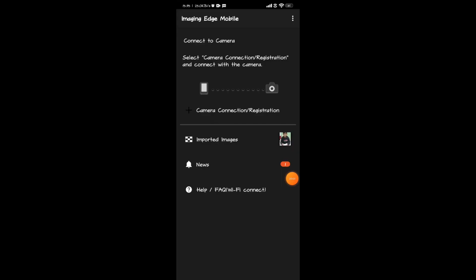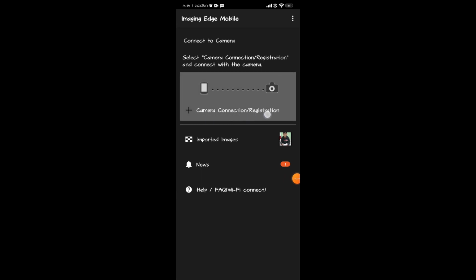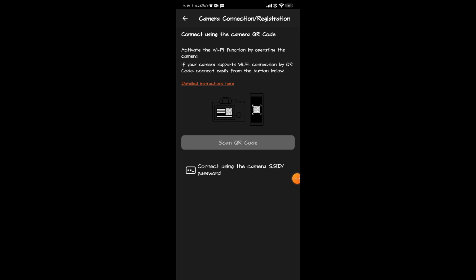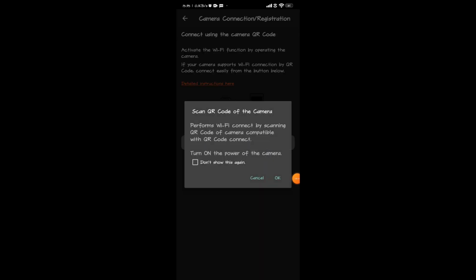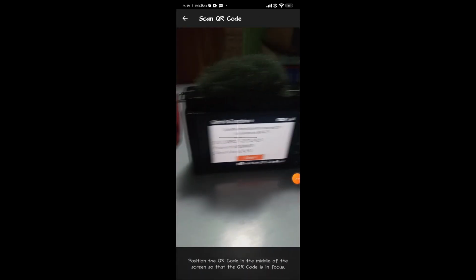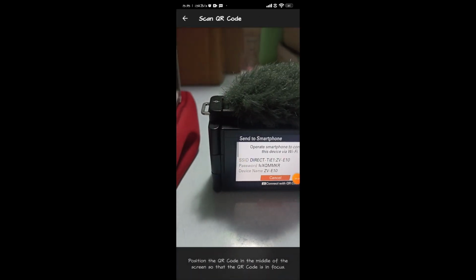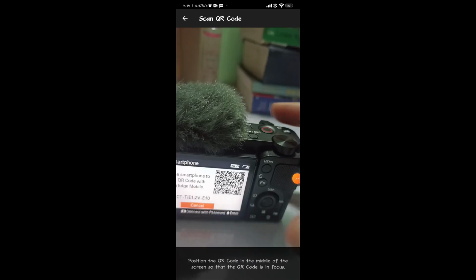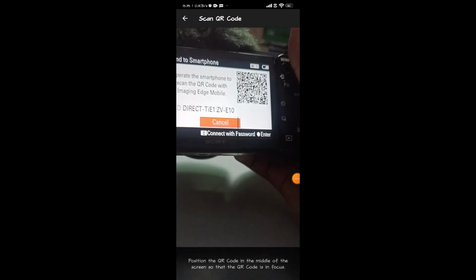So guys, once you open the application, once you are done with the setup, now you have to tap on this camera connection and registration option. Tap on it and just tap on this scan QR code, and it will ask you to use your camera. Just tap on this OK button and just allow camera, and now I'll go back. So I have to keep this QR code in the middle,